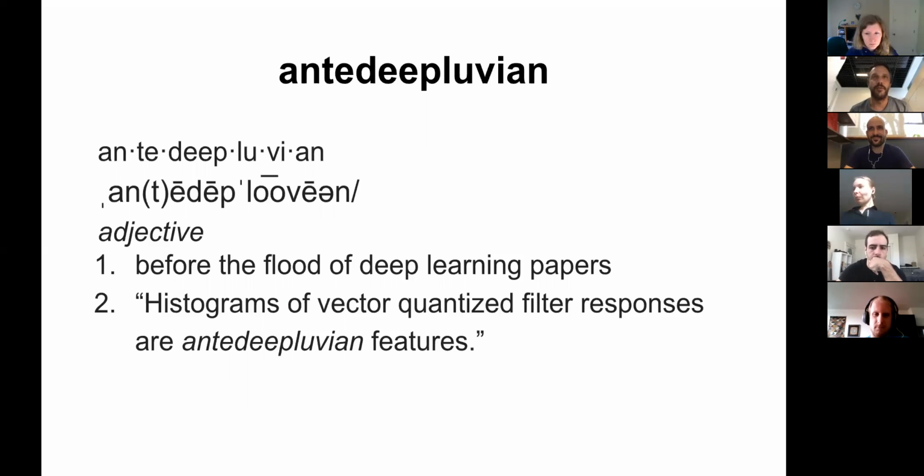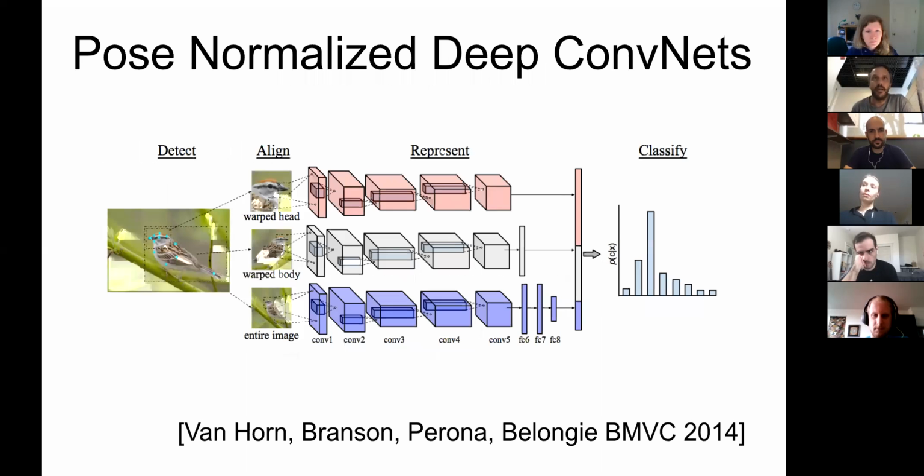Most of you who are students probably aren't citing papers from before 2013, but there were papers back then that talked about manually engineered features, things like histograms of vector quantized filter responses, color histograms, shape context, SIFT. We used a lot of those techniques, and needless to say, they were basically swept away in their entirety after